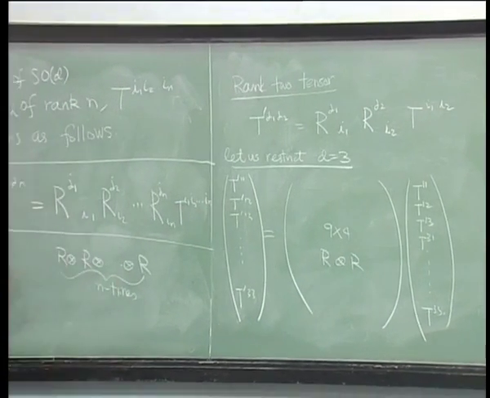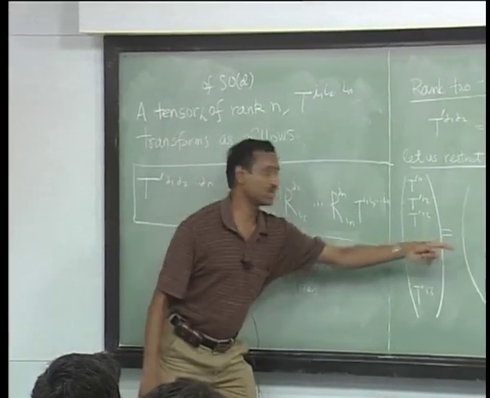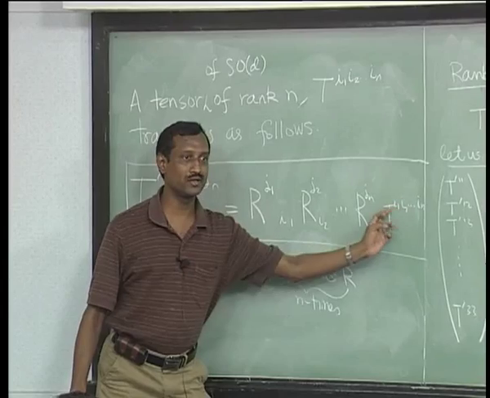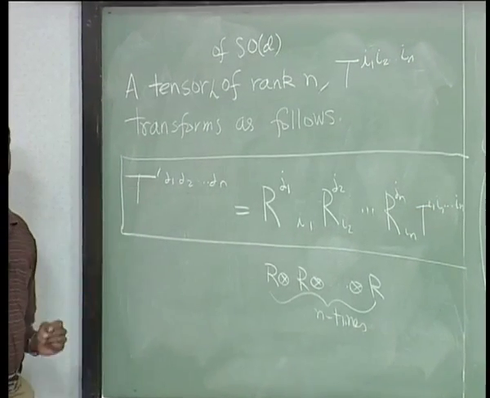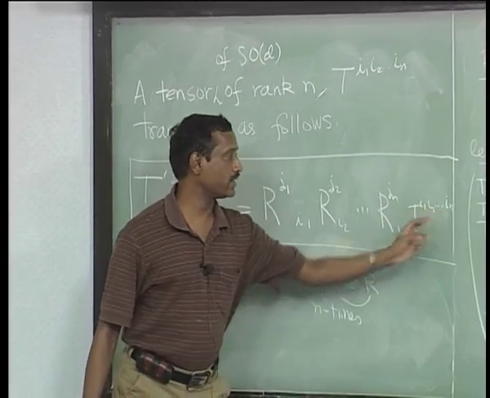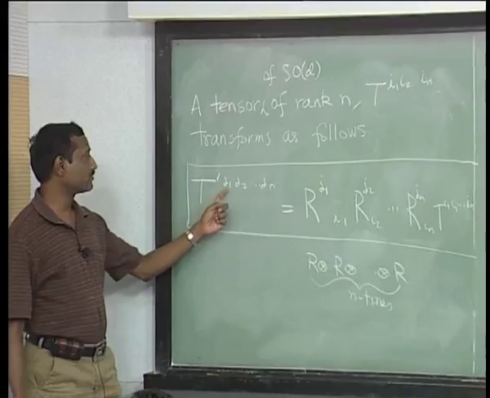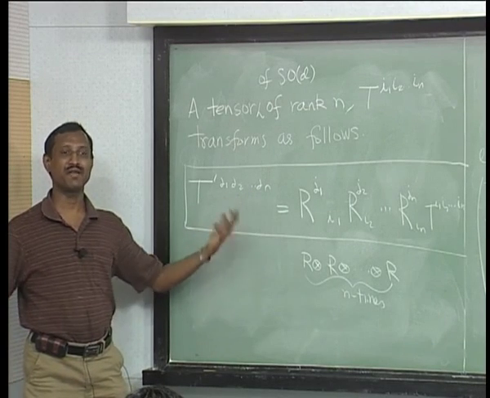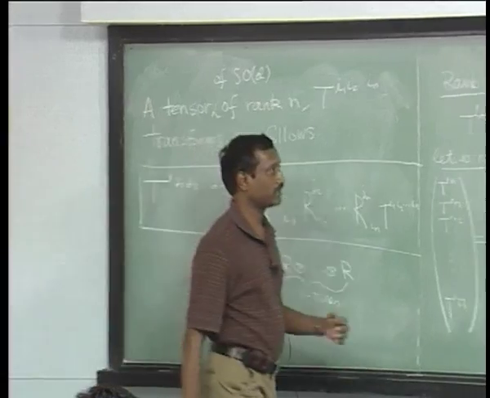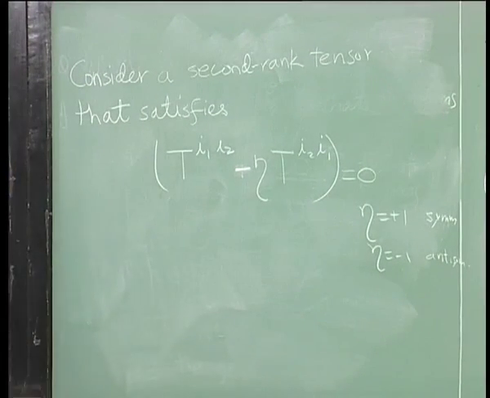You can go back to this definition and prove it. You can check it. If T is symmetric in any two indices, let us say I1 and I7 or something, symmetric under the exchange, this will also continue to hold for any pair. But since there are only two things, so okay, now you can see